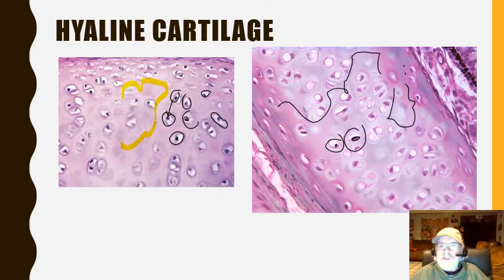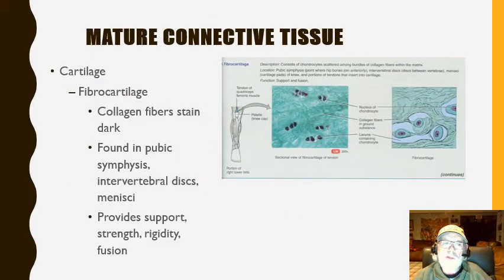Just take a look at this. All these other cartilage images will look very similar to this in regards to a lot of matrix. And these cartilage cells are chondrocytes in these lacunae, and that's called hyaline cartilage. The other type of cartilage we have is called